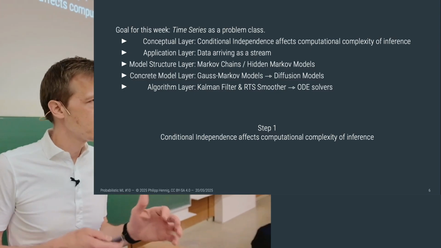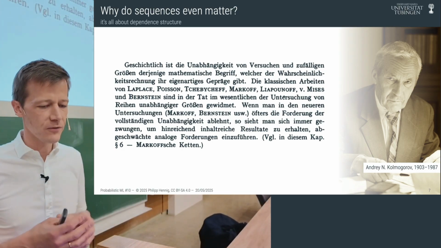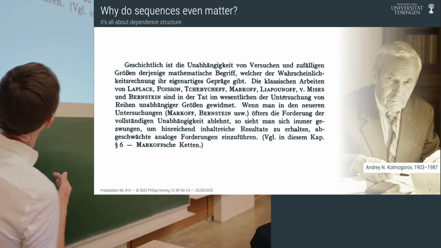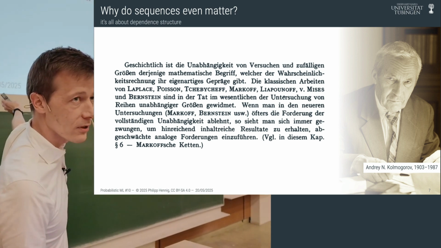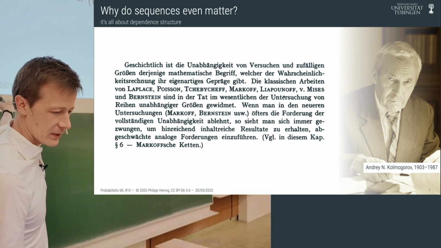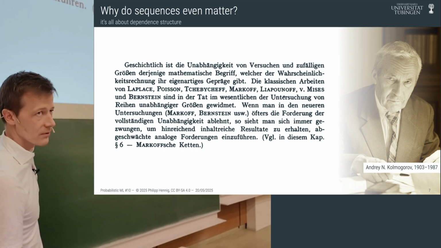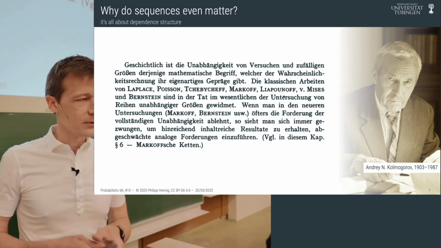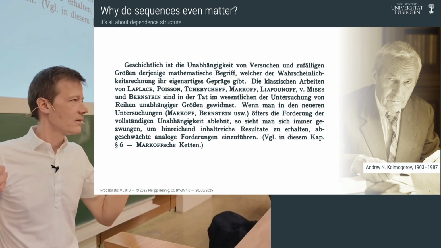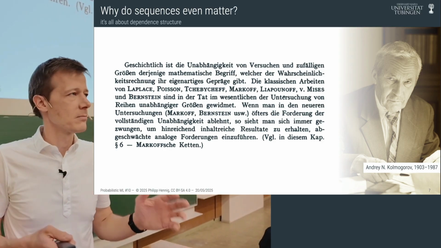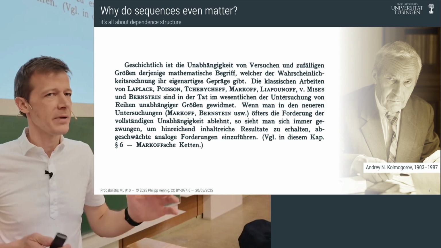So why do we need to do this in the first place? I showed you a few weeks ago Andrei Kolmogorov talked from his seminal book in the 1920s, I forgot the link up there, but you had it in the previous lecture. He points out that actually the main thing we should actually think about when we build models using probability measures is dependence structure.